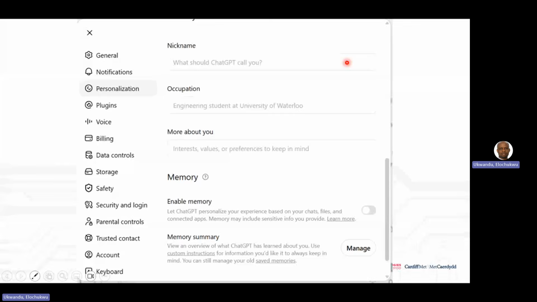There's an advantage to it. If you keep asking questions on the basis of that same issue, it will use what it has learned before to answer you. But if you toggle it off, it simply means that anytime you ask questions, it will start all over afresh because it doesn't have the information stored in memory. So if you are doing research that does not require providing personally identifiable information, you toggle this on so that you will continuously keep pushing in from where you stopped. Otherwise, it will start afresh each time.